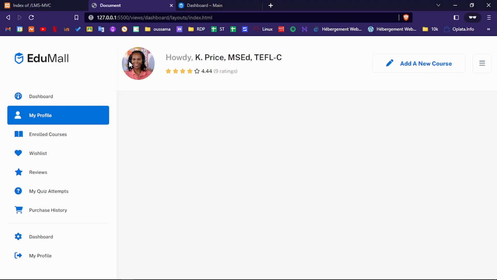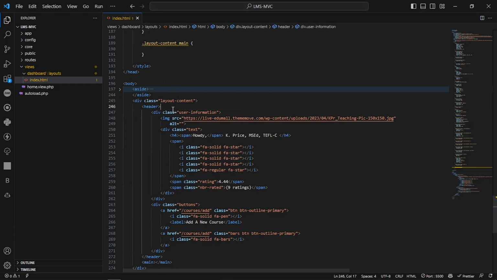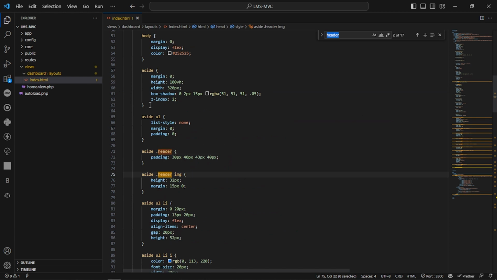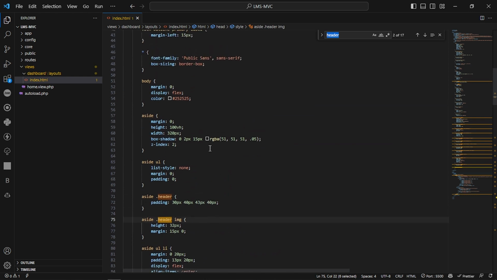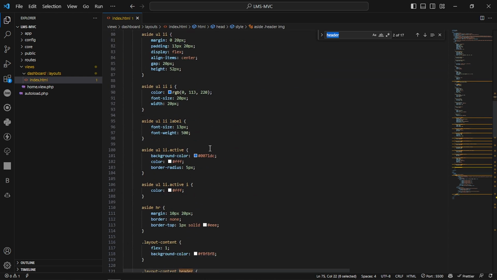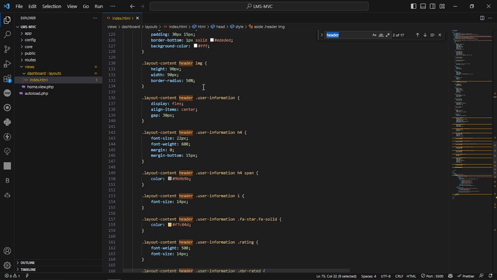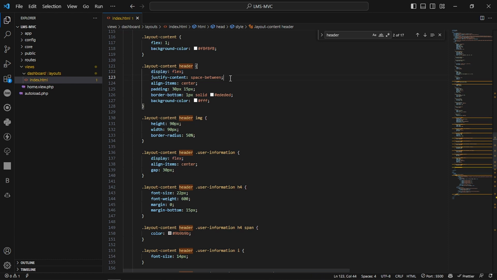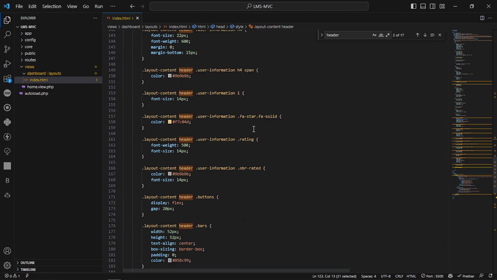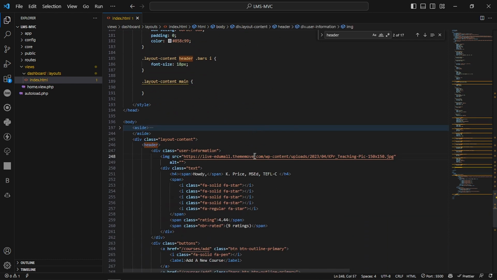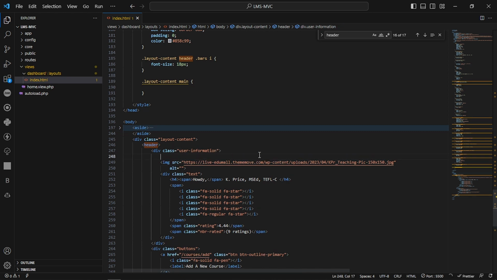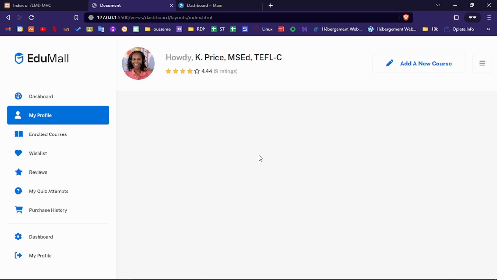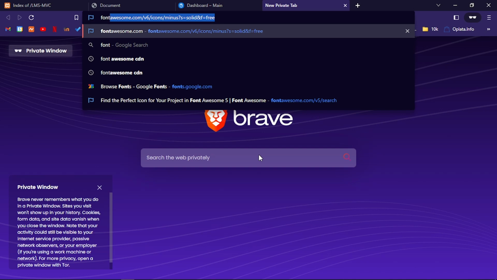We have the user information here, and the header, if we return to our header, we have display flex and justify content space between, so we make the icon somewhere here. Okay, so I will go to our Font Awesome